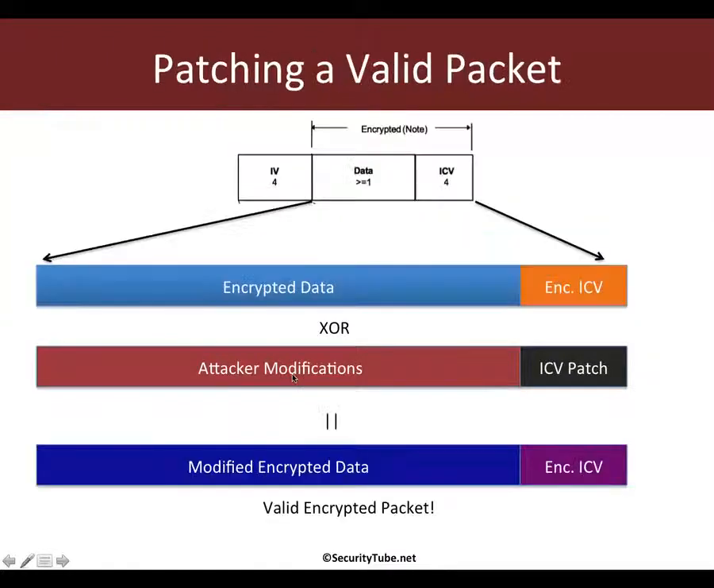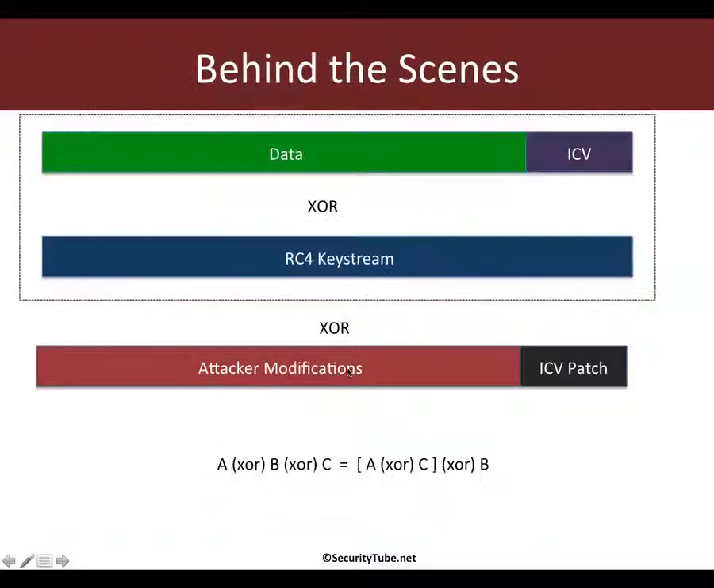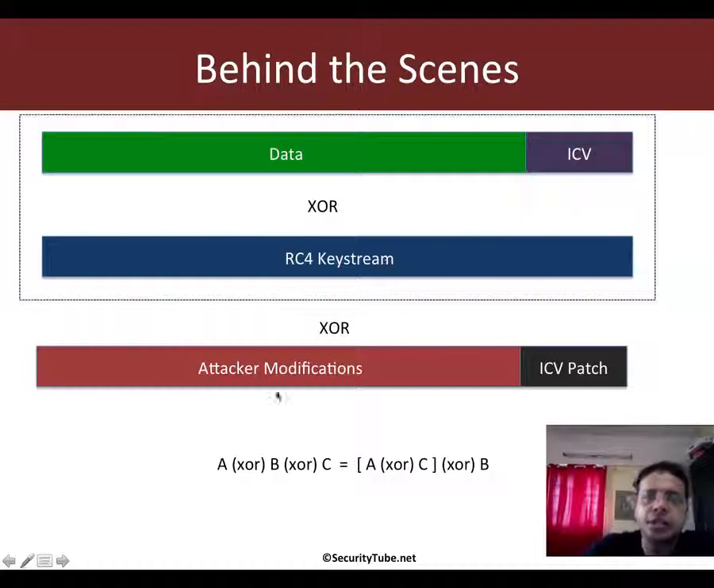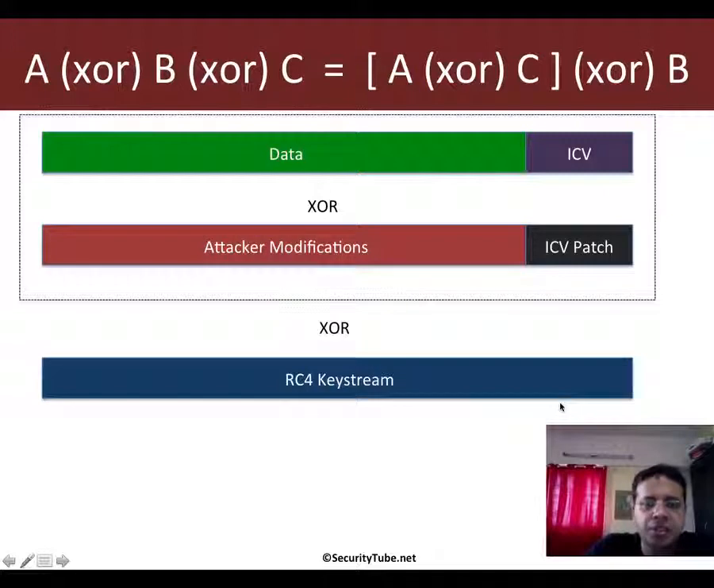And then if you remember the previous slide, we are going ahead and XORing that encrypted data with the attacker modification, which is C in our case. But interestingly, A XOR B XOR C is also equal to A XOR C XOR B. What this actually means is we can rearrange all of these and the output will still remain the same. So basically, instead of visualizing this as plain text data XORed with the RC4 key stream, which in turn is XORed with our attacker modification and the ICV patch, we can visualize this as the original